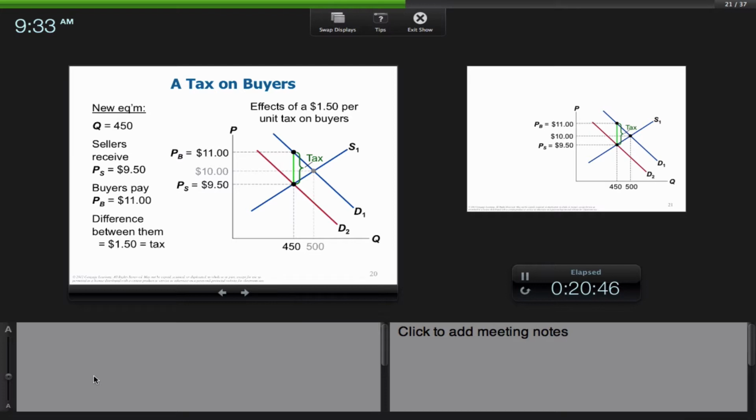A tax is always going to not change the price. So what is the answer? Tax will always